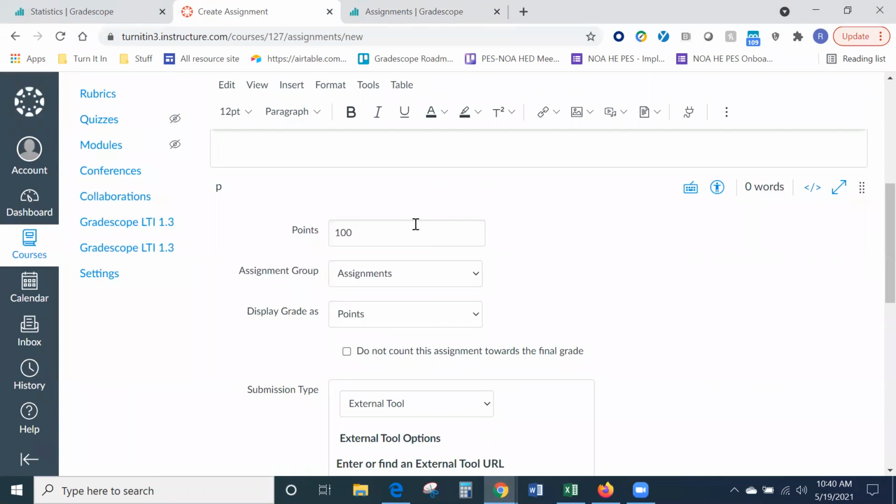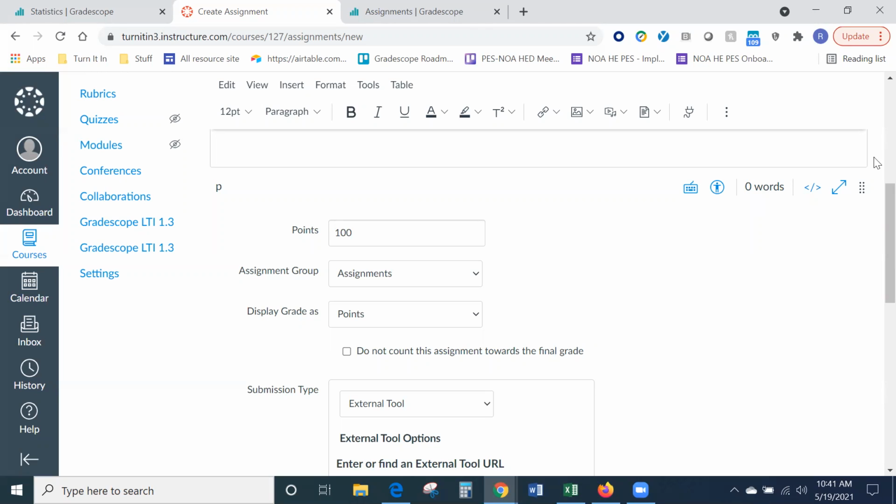You'll want to make sure your Canvas assignment has the same point value as your Gradescope assignment, because when it pushes those grades, it's going to push the number. So let's say my student received 49 out of 50 points in Gradescope, right? 98%, fantastic score. If I make my Canvas assignment worth 100, and I sync those grades, it's still only going to push over 49. Big difference between 49 out of 50 and 49 out of 100. So you're going to want to make sure that your Canvas assignments have the same point value as your Gradescope